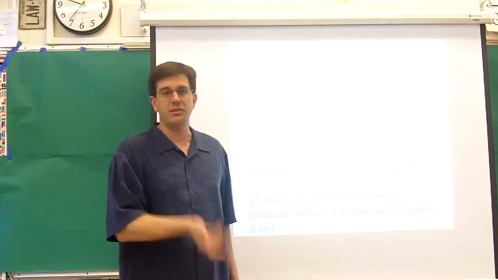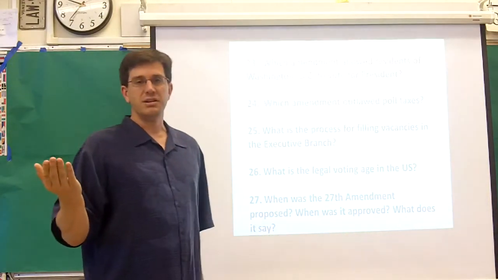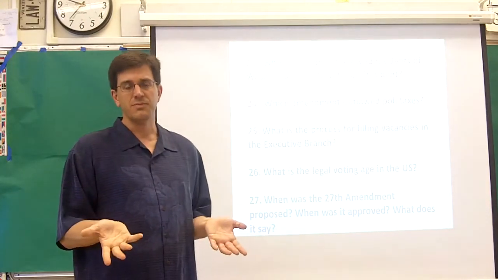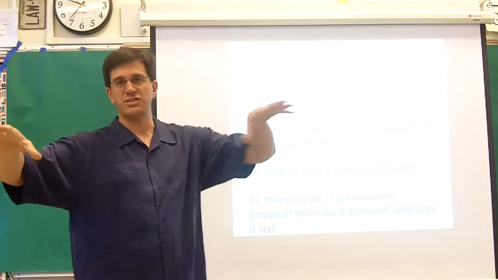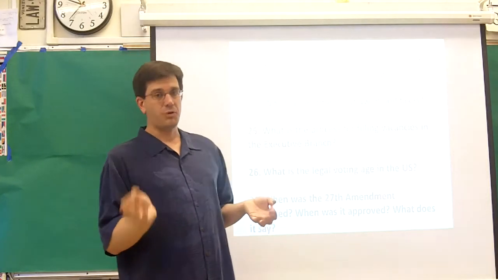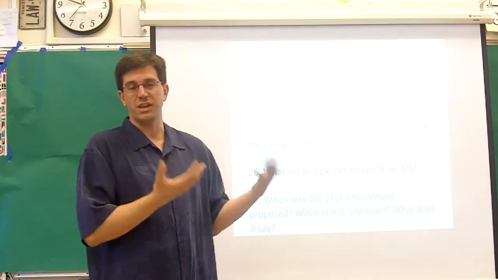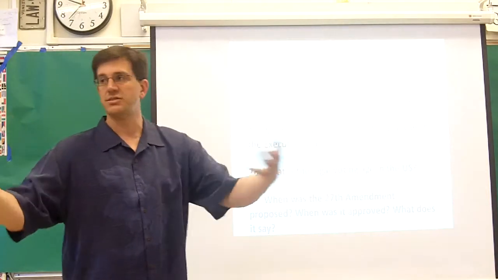So the 25th Amendment said, first, if a vice president becomes president, then that president will select a new vice president who will be confirmed by a vote of both the House and the Senate. So this is actually the only presidential appointment that does not get confirmed in the Senate. This only rarely happens, but if you picked a new VP during a president's term, both sides of Congress would confirm it.